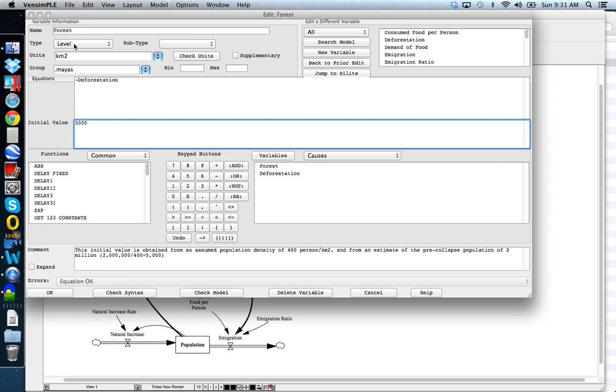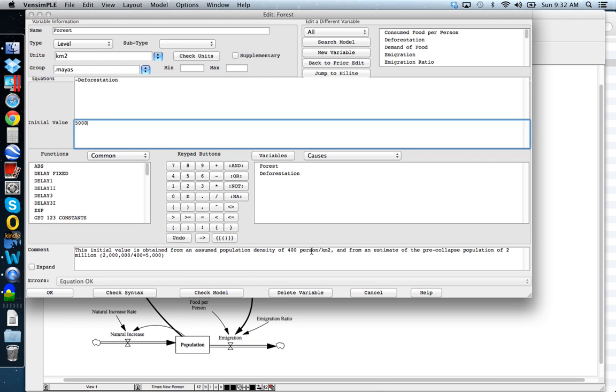Forest is a stock variable. It's given in square kilometers, so it's an areal variable, and forest essentially gets deforested. There's no creation of forest. Forest can just be deforested, so there's only an outflow, and you see in the schematic that there's no forest being created, and that's probably an okay assumption. The initial value of 5,000 square kilometers was essentially estimated from an assumed population density of 400